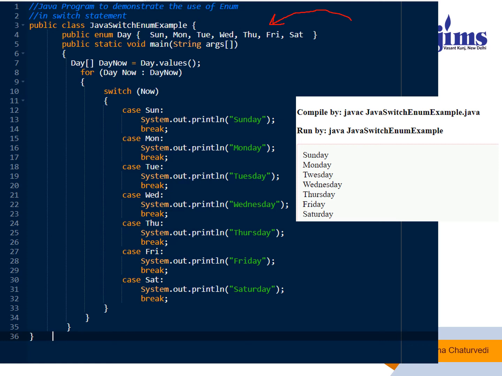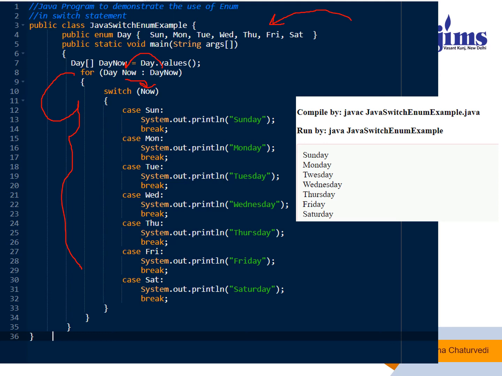Now I am writing for dayNow colon Day.values. This is a for loop wherein each and every value will go one by one from the array to dayNow. Colon means it starts from Sunday and goes till Saturday, and I am switching on it in this switch statement. Within the for loop I am using a switch case, and for each case it will check whichever case is true, it will print.